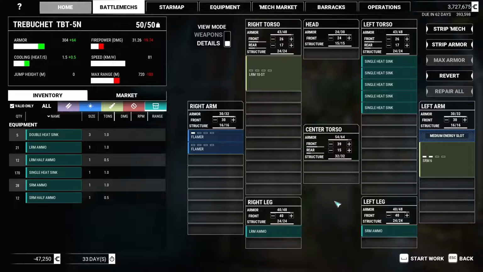But yes, we've reduced our armor down to 304. I think its max is 350. 304 seems to be acceptable for an 81 kilometer kind of mech. And so I'm okay with it being a little bit less armored. Yeah, because this is way more firepower. And because the mech is so...